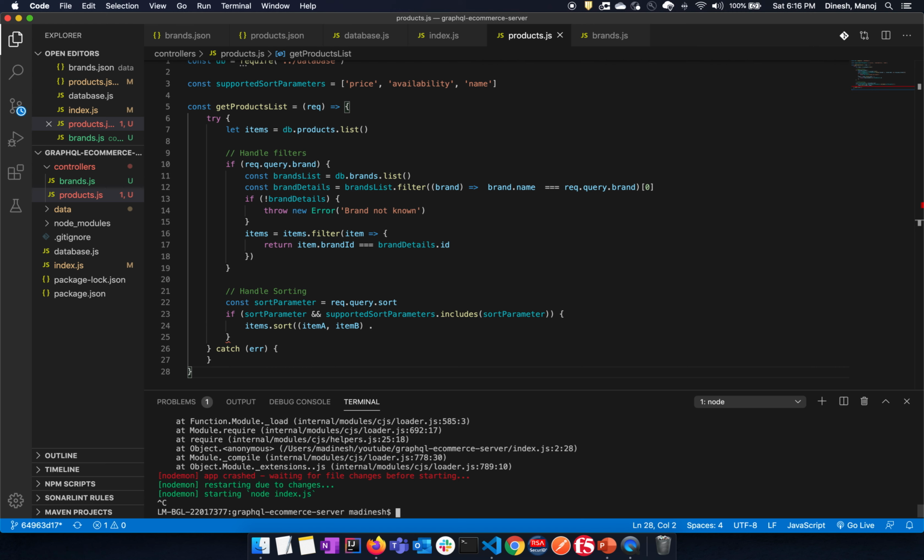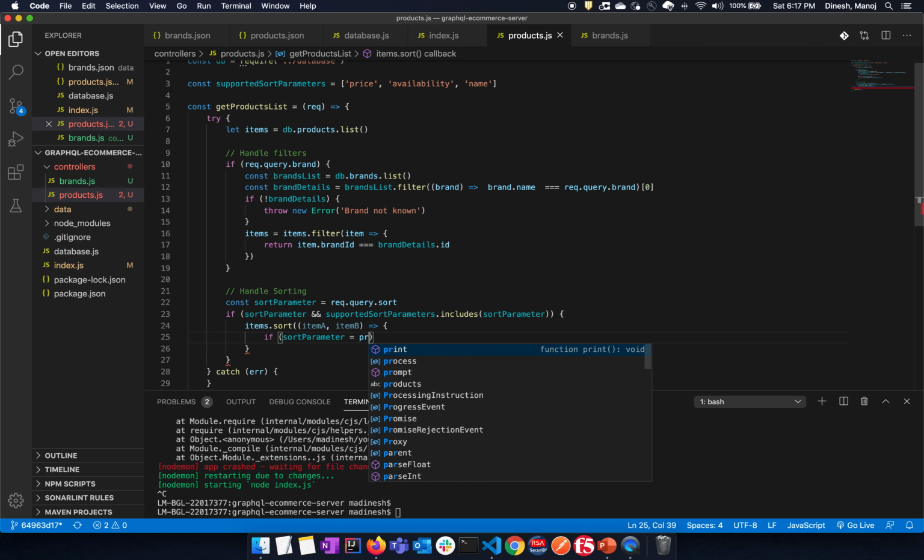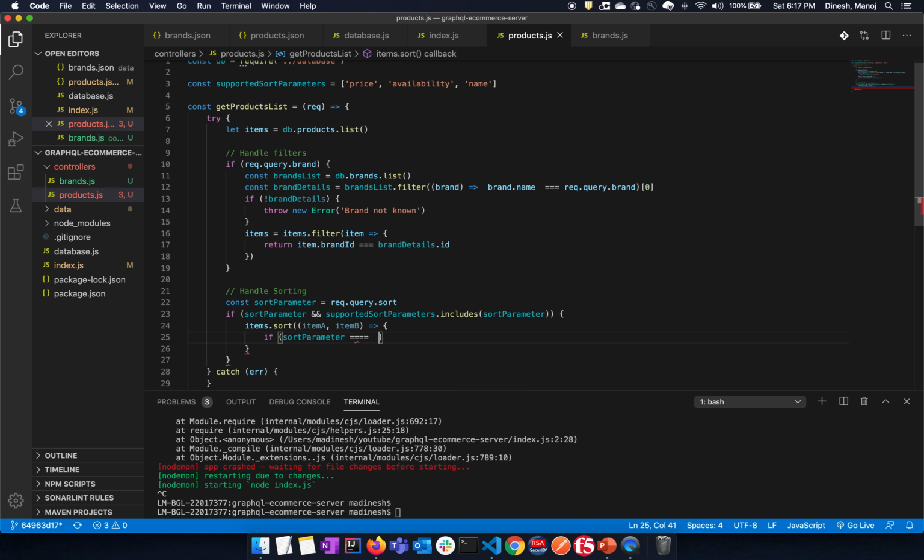Let's close the server for now. Add all the functionalities. So if my sort parameter is equal to, oops, something is wrong,